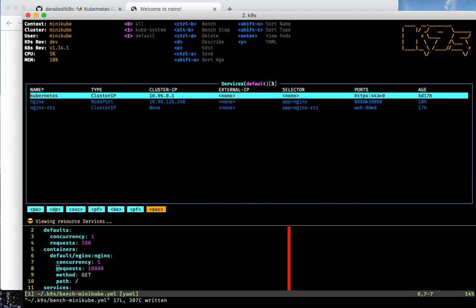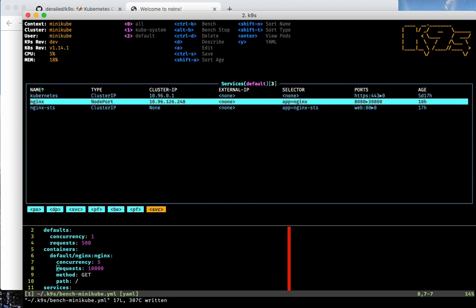Similarly, if I navigate back to my service view, I would be able to also run a benchmark, but instead of hitting the container on the port forward, now I'm going to hit it in this case because I have a service with a node port type enabled. That means now I can hit that service directly from my local host, using the same feature.